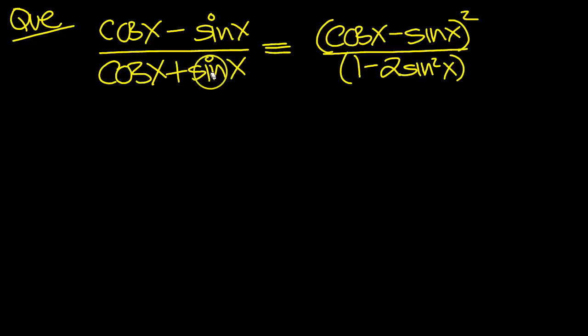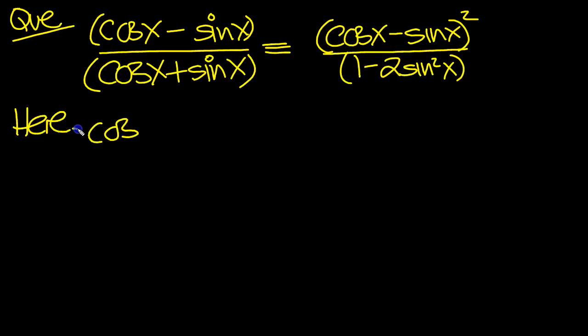If we were just looking at the left and looked at the top, you can see that if I times the top by another of those, I'll get the square of it. And if I times the bottom by, so let's do that then and see what happens, because the bottom is going to turn out to be the difference between two squares. So if I put a bracket around the top and simply times top and bottom by cos x minus sin x, so here, we've got our left-hand side like so,